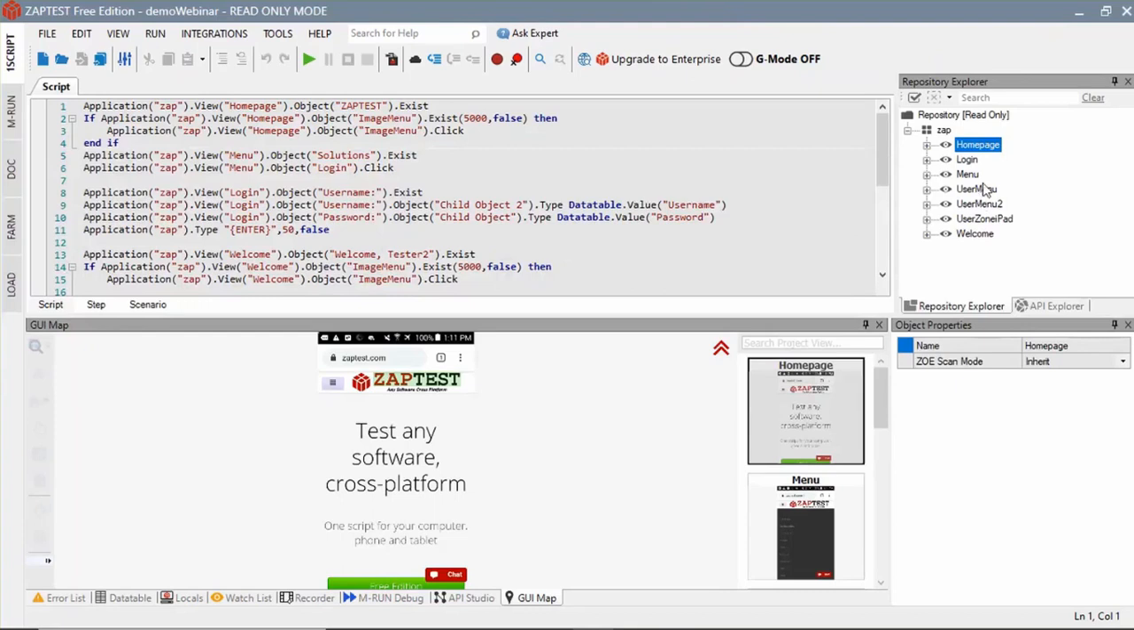Okay, I have another question. Is it possible to run parallel tests against multiple viewers? Okay, no, we cannot run parallel tests with multiple viewers. First of all, when you run ZAPTEST against a local application, it's a one-thread execution. You can control only one application at a time. What you can do instead,